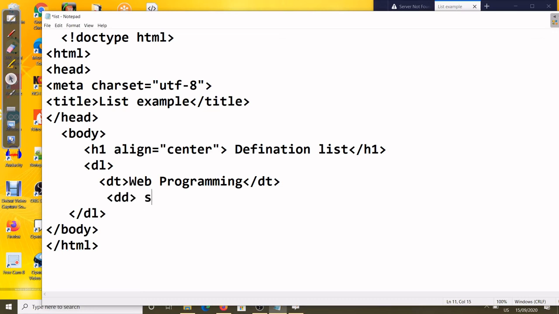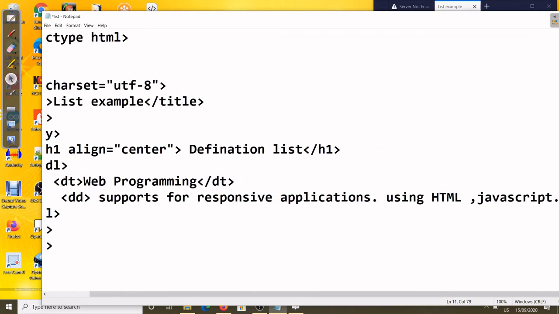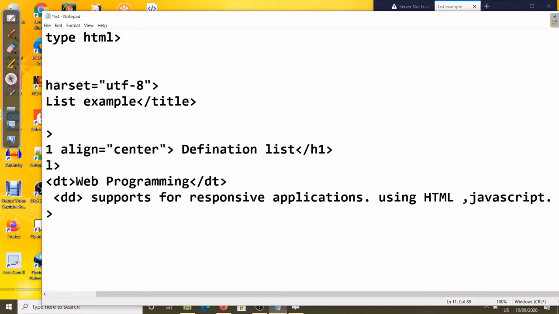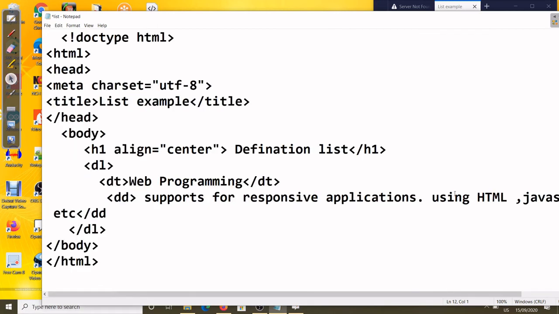We can write here: supports responsive applications using HTML, JavaScript, CSS, etc. So many things are there. Then close the DD. Yes, you see here the closing of the DD.